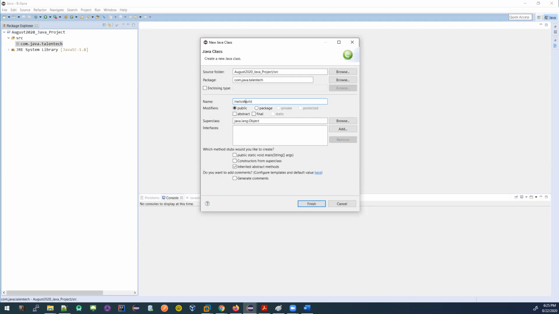Sorry, what was that? Explain again what happened with hello world and camel case. You said when you had the little w, it was not a camel case. Yes, this is not a camel case, right? Do you understand why this is not a camel case? Because it's a small W. Exactly. Okay, got it. Now this is camel case. So this is the convention Java is telling us when you are writing a class name.